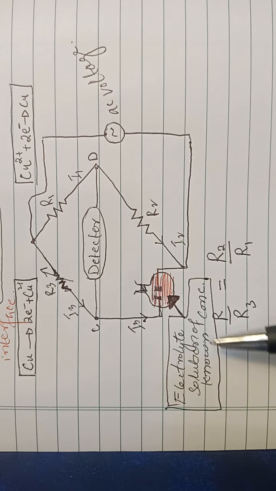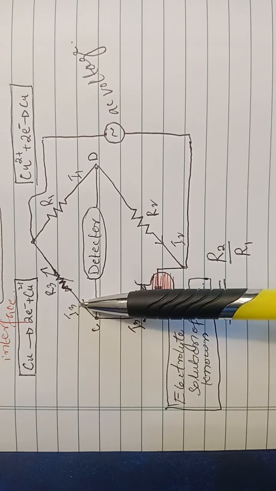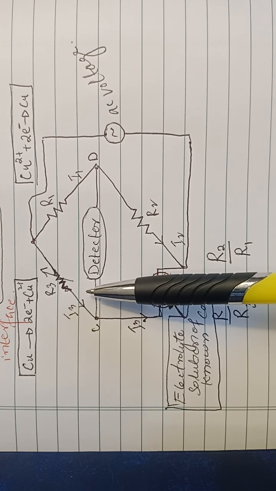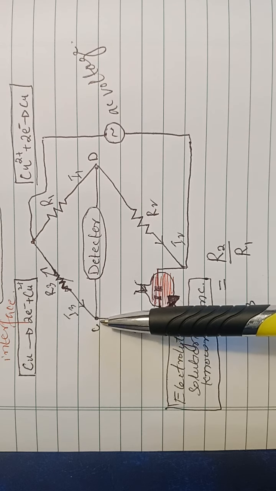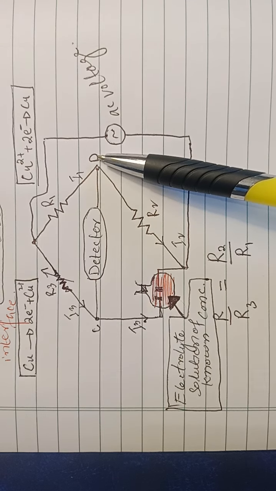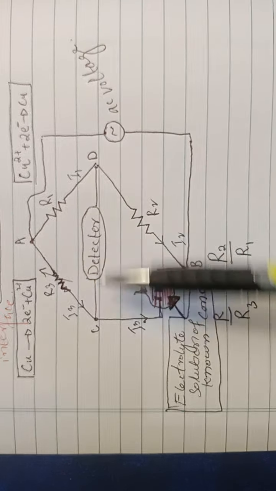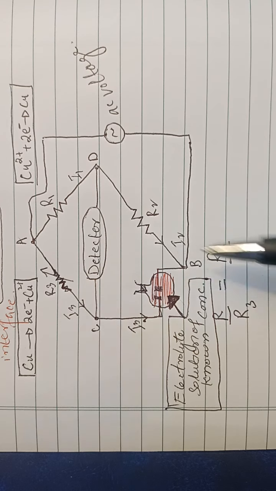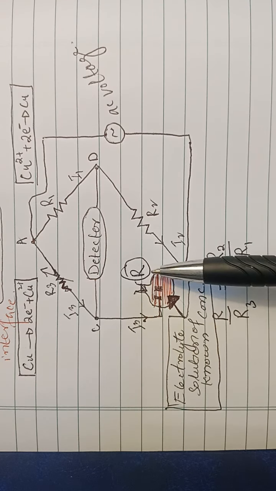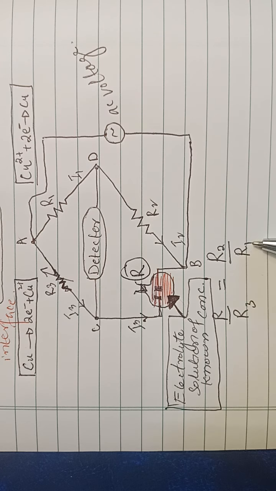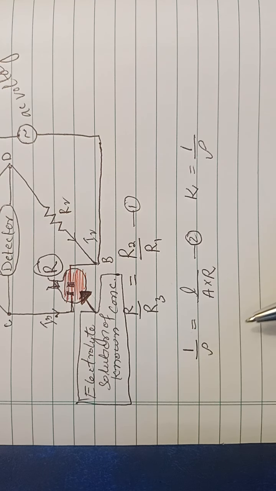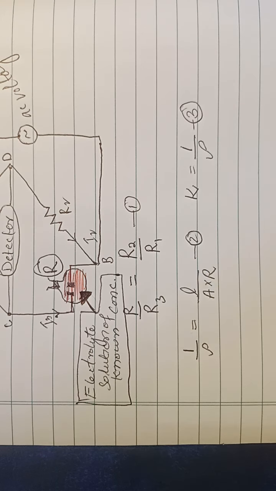For this kind of cell, the resistance R3 is a variable resistance. It is adjusted in such a way that the setup makes points C and D have no current, meaning no current flows through these two points. At this condition, the resistance of the electrolyte solution can be measured using the equation given here. Once the resistance is known, the conductivity can be calculated from equation 2 and equation 3,